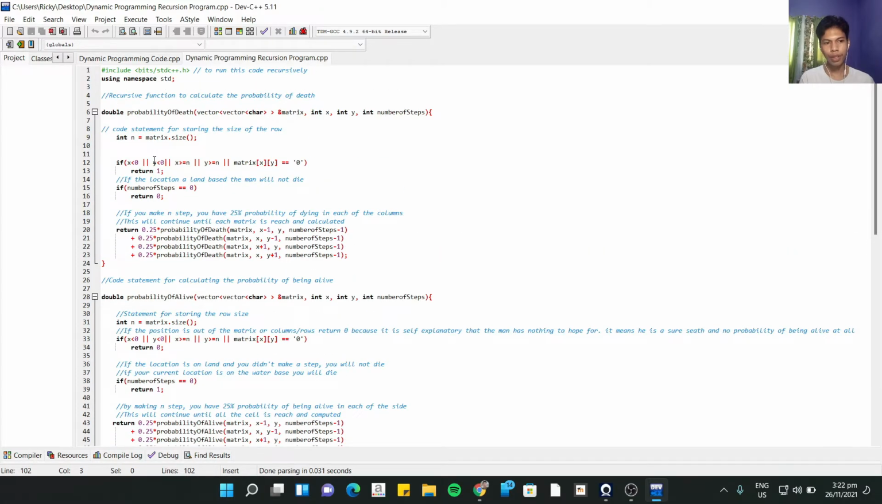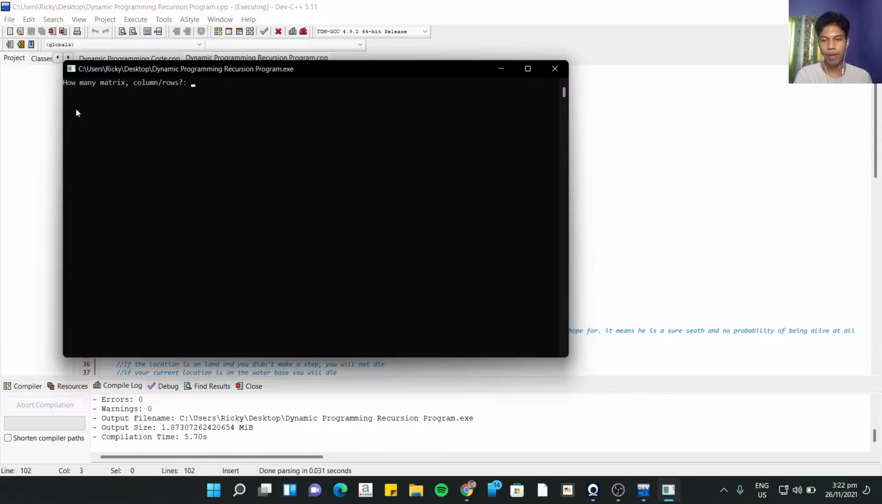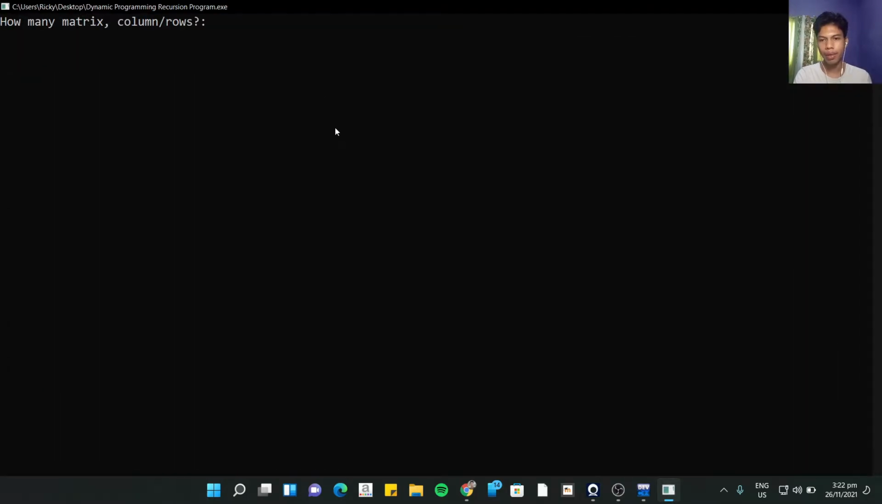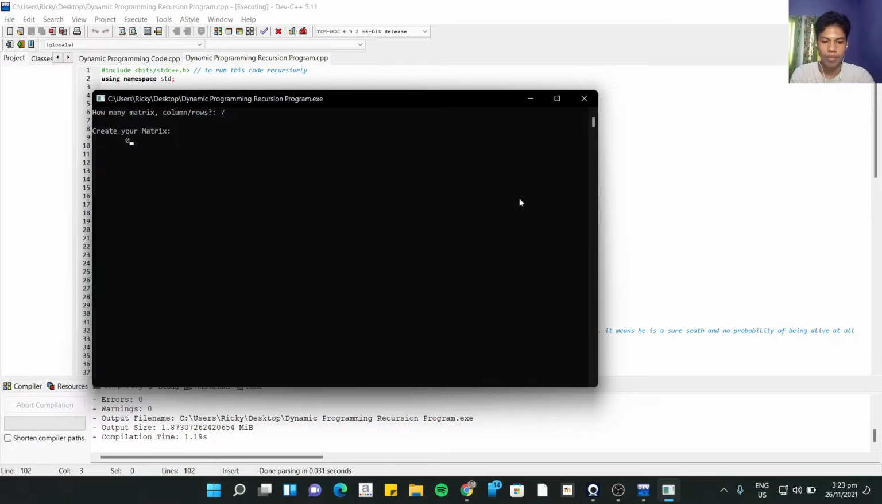To show how the program works, we will run this program. As you can see, the program will ask the user to insert the matrix size. Since the problem has a 7 by 7 matrix, we will enter 7, then the user will enter the matrix. We will enter 7 zeros,